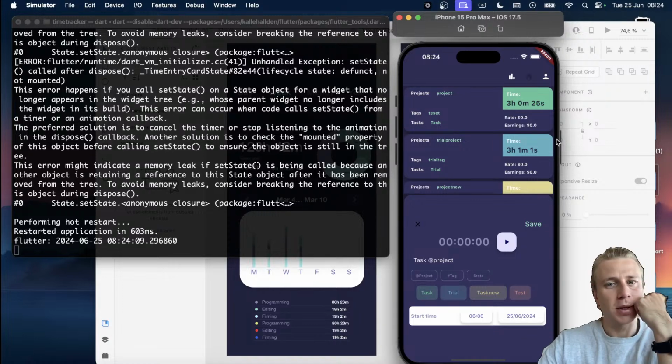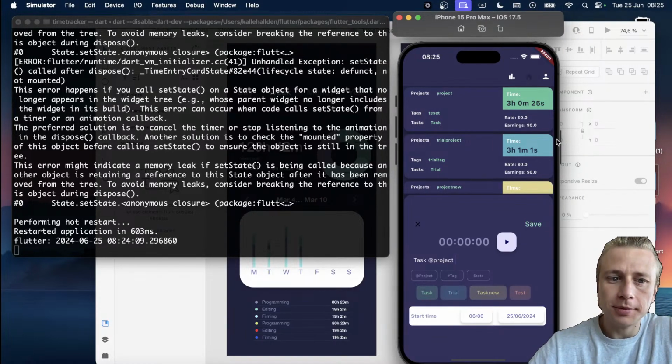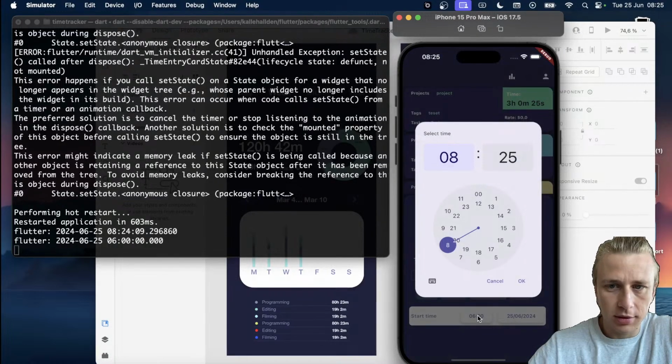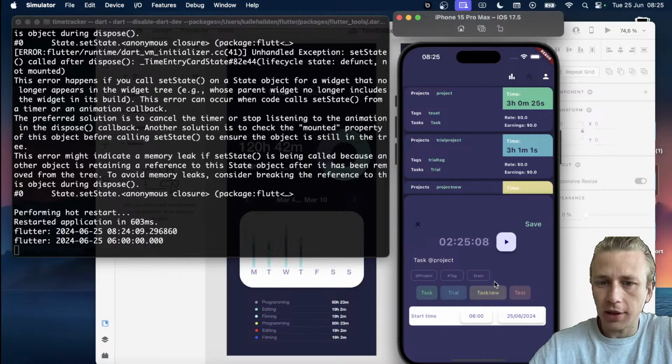Yeah, not really sure why it doesn't reset, because when we press that, we do get the correct date. So